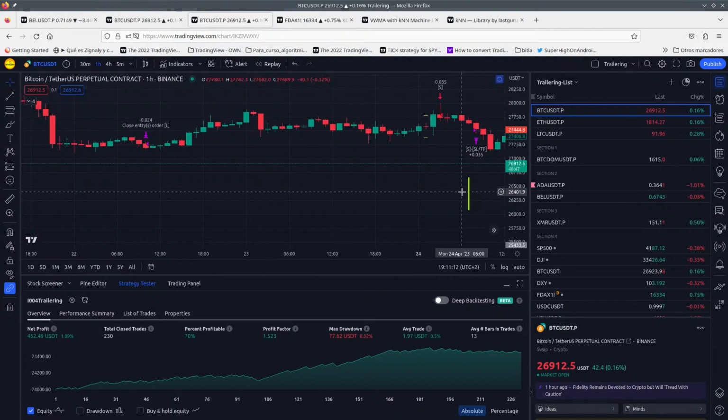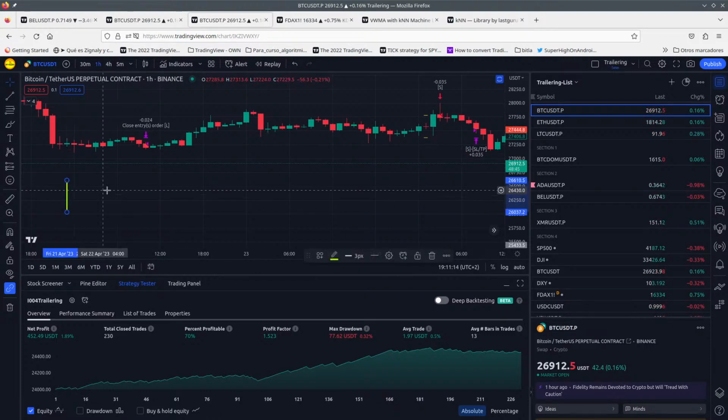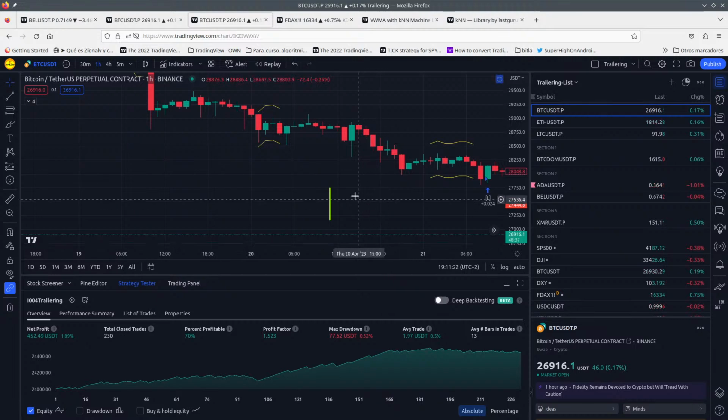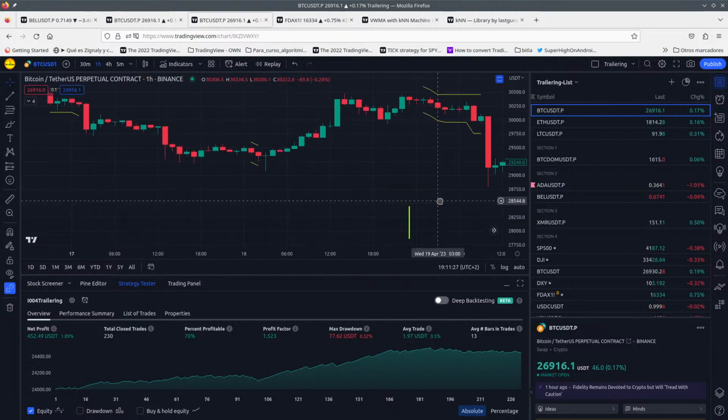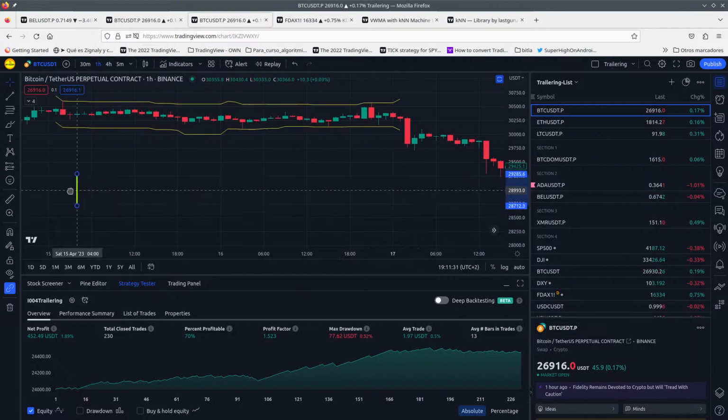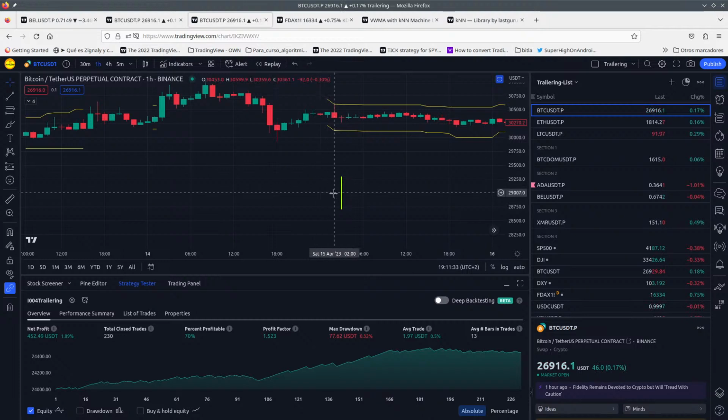Okay, let's search for long trades, please. Here we have a long trade, and we also have the same thing. We will have avoided this loss. Okay, nice. I don't know if this is worth it. I mean, we are having fewer trades, but